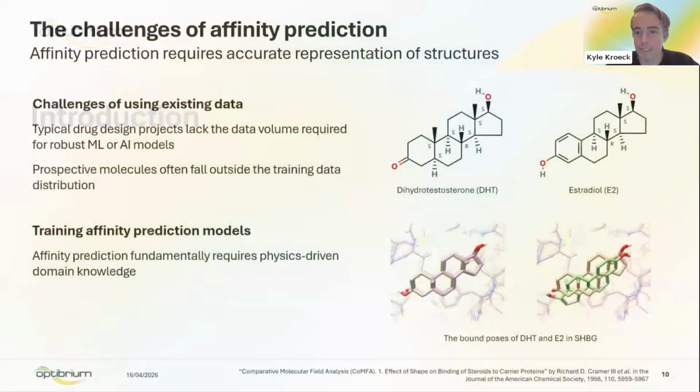So I'll start with the introduction. First, I'd like to begin by addressing the inherent difficulties in predicting binding affinity, a task that remains a sort of holy grail in computational chemistry. Traditional approaches often fail because they rely on 2D representations, which are incapable of capturing the spatial orientation and electronic complementarity required for binding. Even 3D-based methods are frequently compromised by inaccurate ligand pose information or a failure to account for tautomerism and stereochemistry.